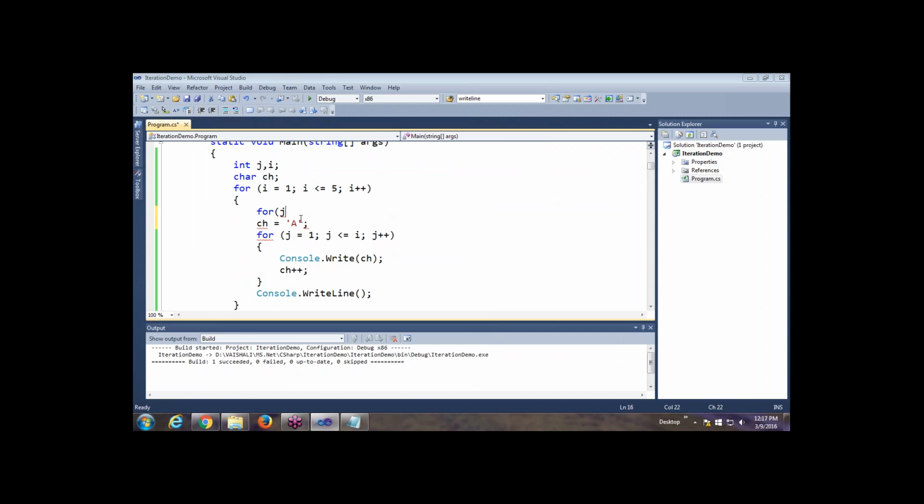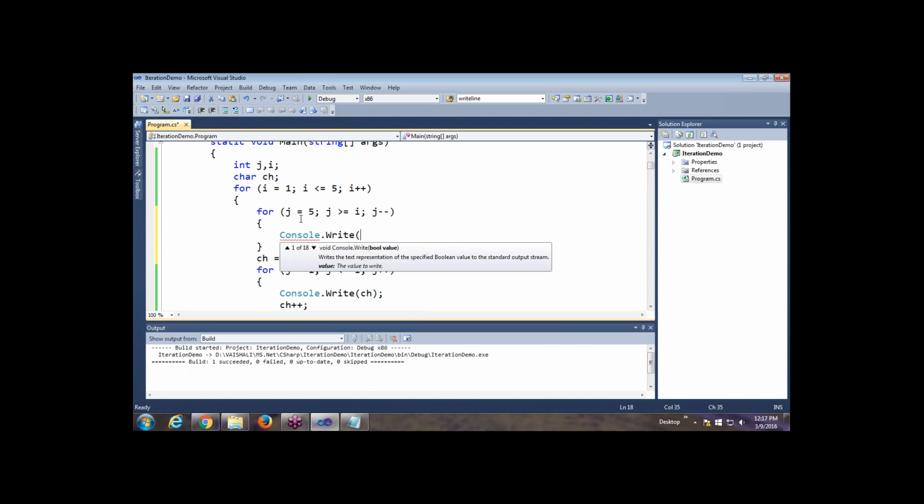We can use the j variable again. j is equal to, suppose I am starting with 5, j greater than or equal to, let me write here i, j minus minus. And then I am writing Console.Write, and let's print a space over here.